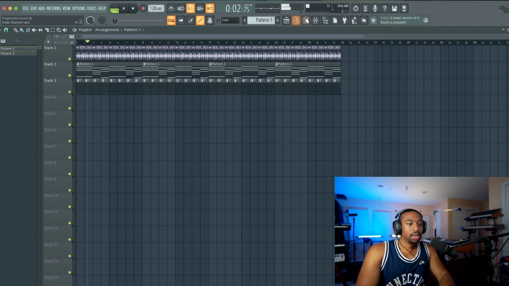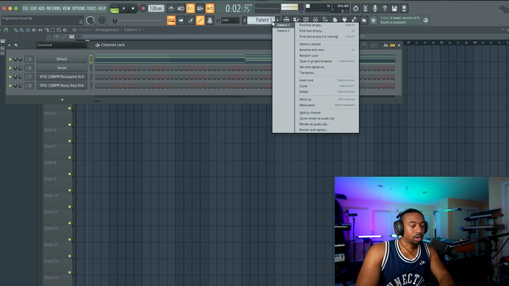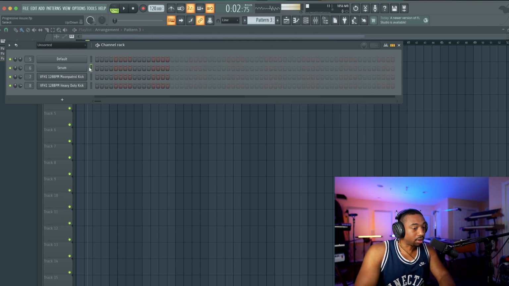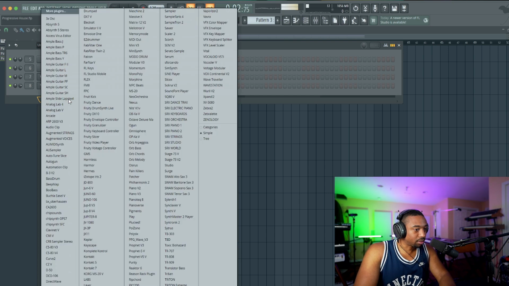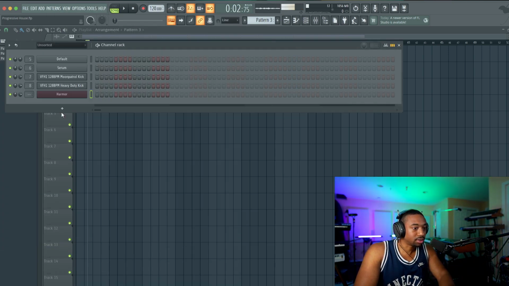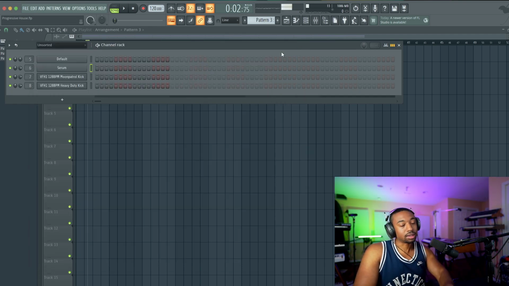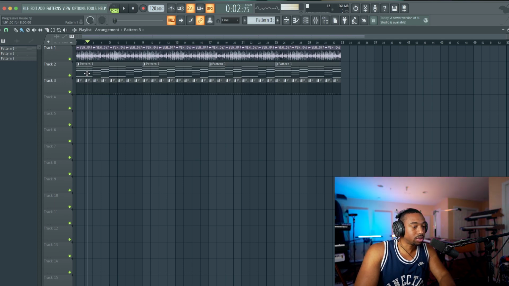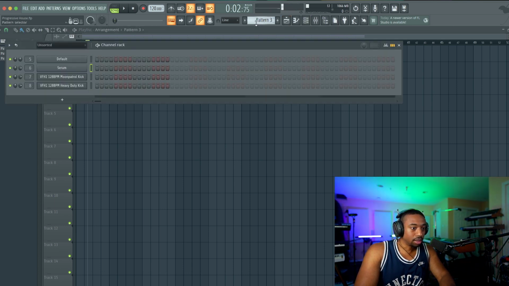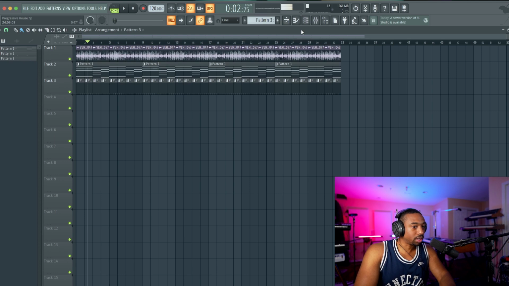Okay, so now we have all that set up. Let's go to our bass or our melodic element, and we could use Serum or Hardcore. We're gonna use Hardcore. Actually, let's use Serum just to show you. It's a little bit easier in Serum to make stuff. So what we can do is use the notes from the chord. There's no right or wrong way, as long as you resolve your intervals.